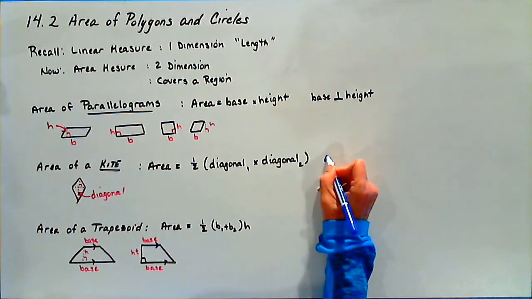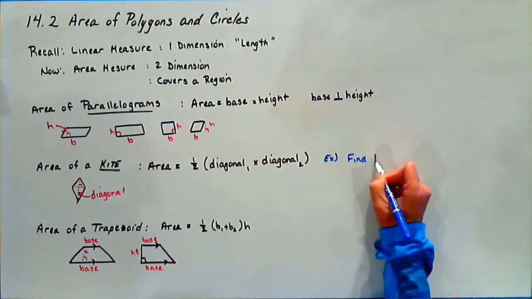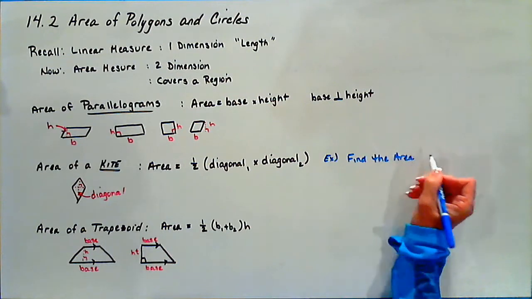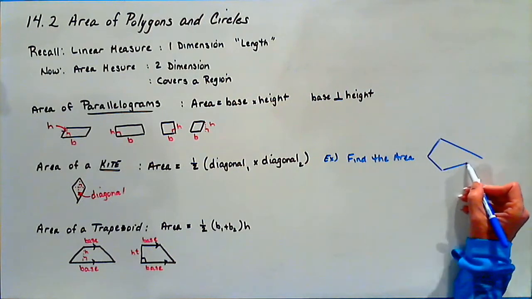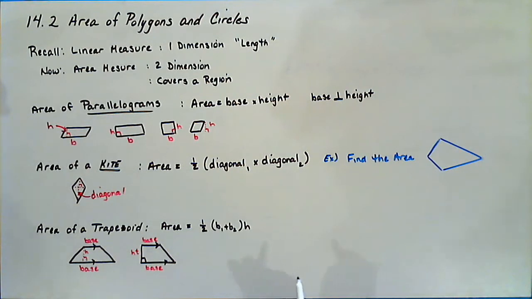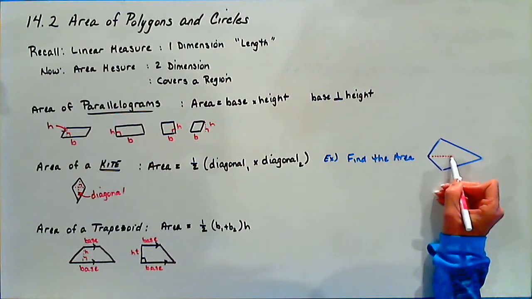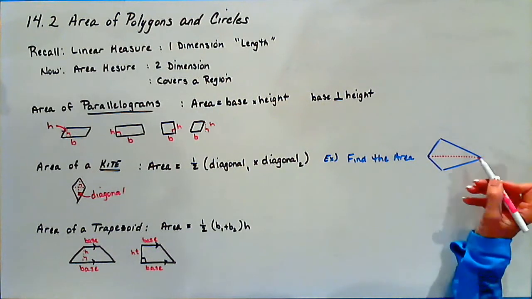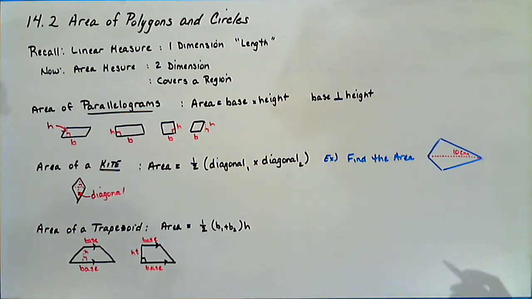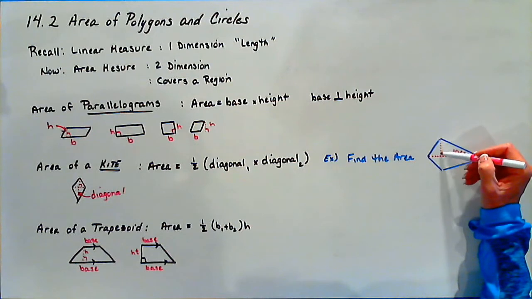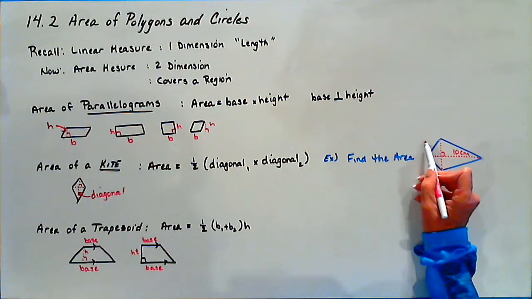So an example of a kite. Perhaps I give you a kite and I ask you for the area, so how much space it covers. And I'm just going to draw this picture, roughing a sketch here. And I tell you that, let's make this diagonal, which always goes to opposite vertices, 10 centimeters. And let's make the other diagonal, which goes to opposite vertices, that entire distance